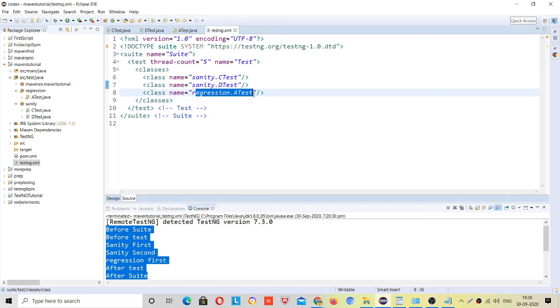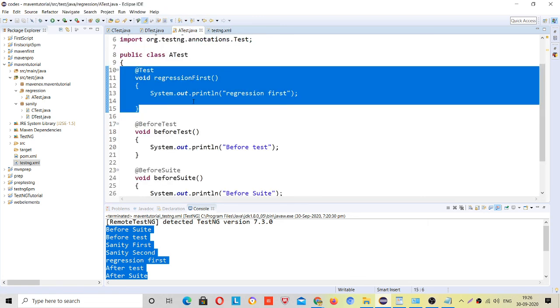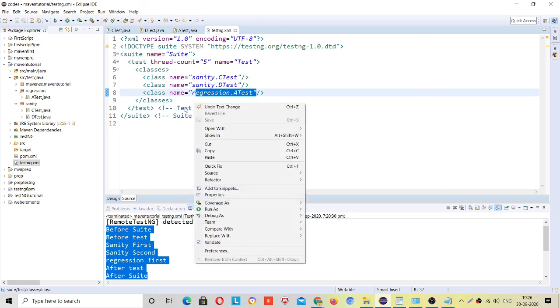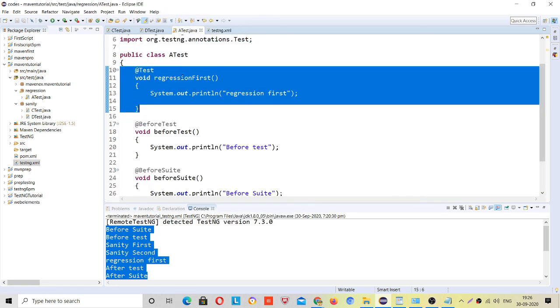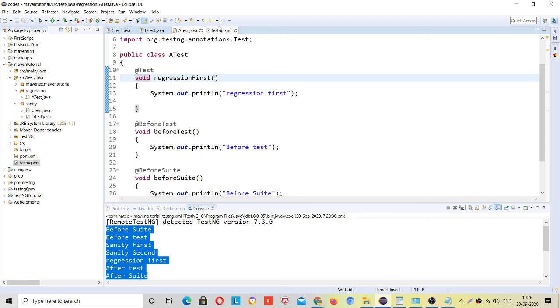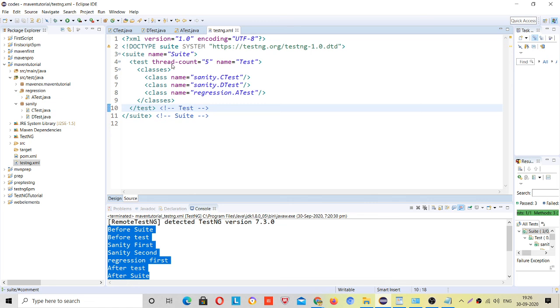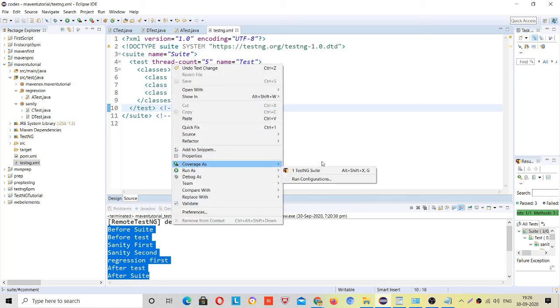Then it will come here, going to this A test. Any before class? No. Any after class? No. Just run it. Meanwhile, it will also run this @Test, don't forget, and then it will come back. Let me run this and match our output.